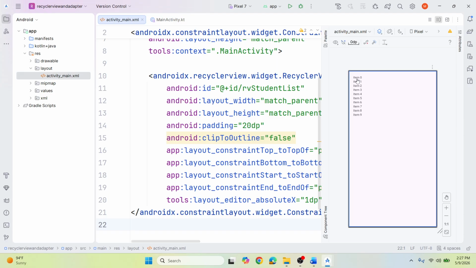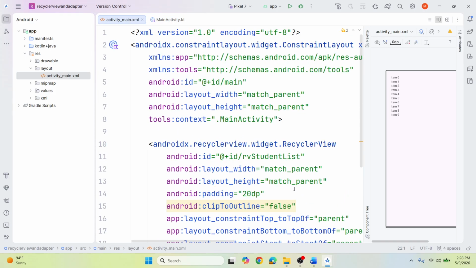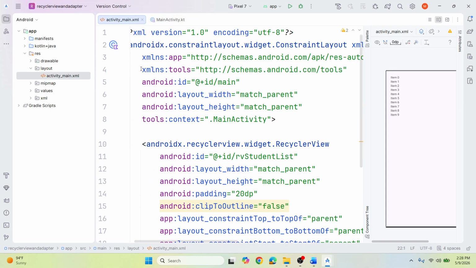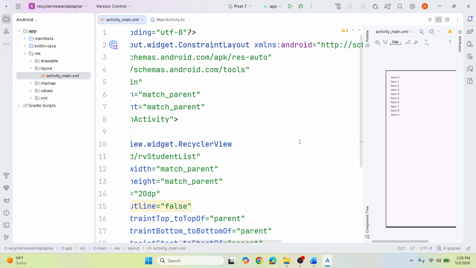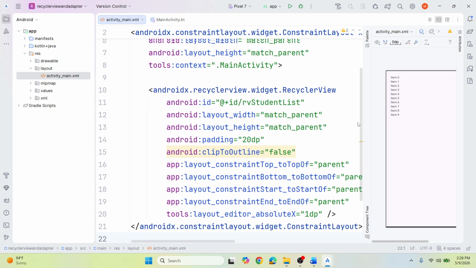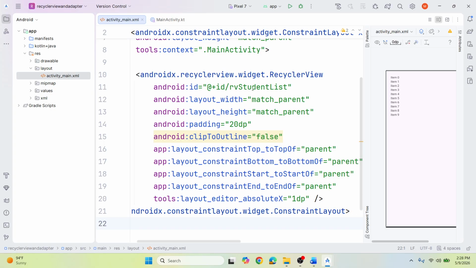It has dummy data item 01. So now let us discuss what RecyclerView is all about. As I already told you, RecyclerView efficiently displays many records on the screen. So inside the constraint layout, you can see here constraint layout XML NS. Inside this we have a recycler view, androidx.recyclerview.widget.RecyclerView, and here we have given an ID to the recyclerview, the layout width, the layout height, padding, and then clip